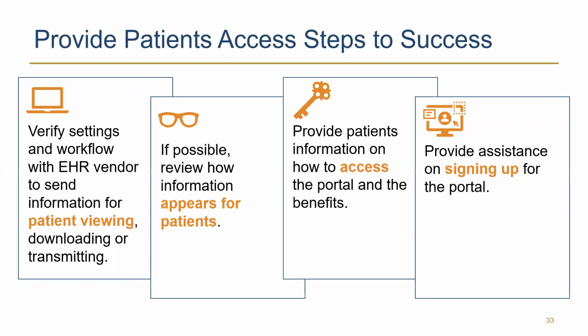Provide patient information on how to access the patient portal. For example, you could begin mailing patients information regarding the portal, including instructions on how to access their information and the benefits in their portal. Document this outreach in the medical record in order to meet the requirement in the measure specification. This process should be verified with the EHR vendor as to where the information specifically can be documented to capture in the numerator. Staff can also offer assistance to patients on signing up for their portal during registration or during their visit by using tablets or some designated computer.